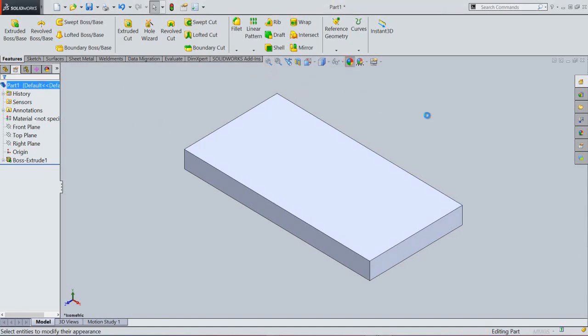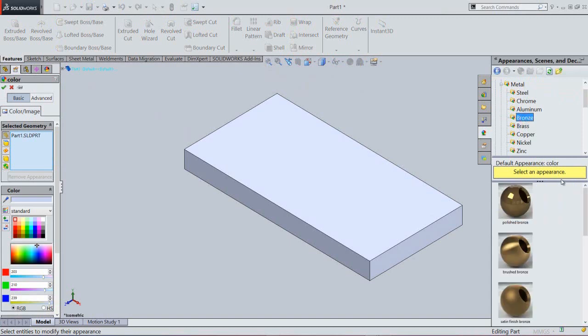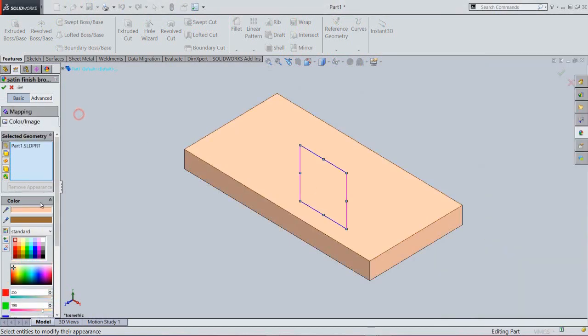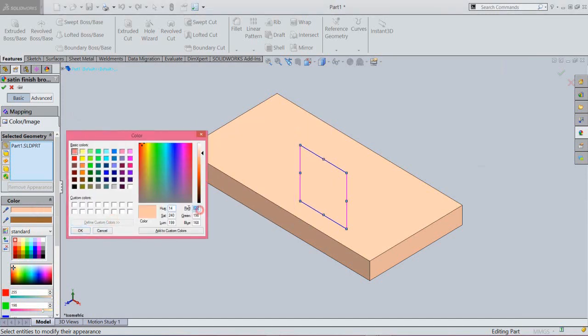Go to the appearance tab. In the metal folder, select the bronze metal and choose satin finish bronze material. Now we will make some changes in the color dialog box.